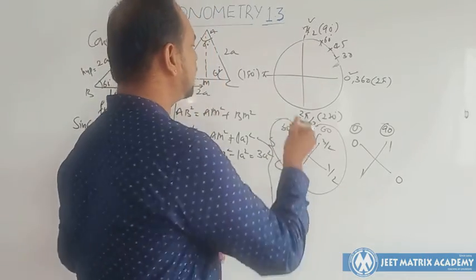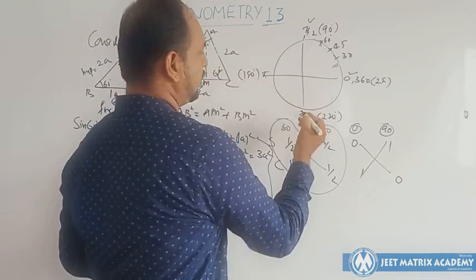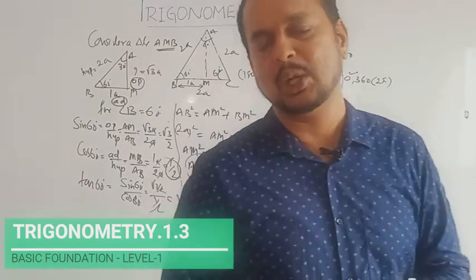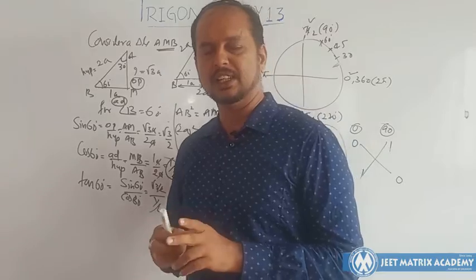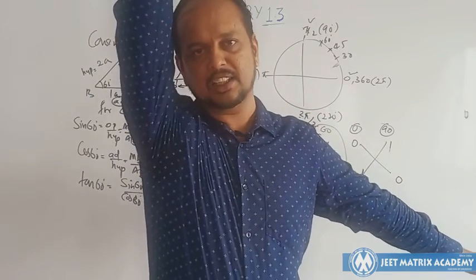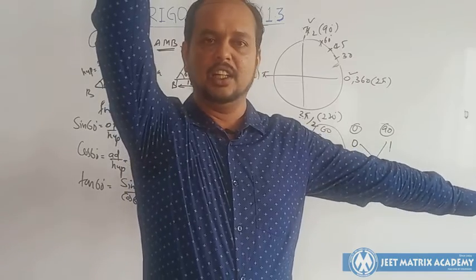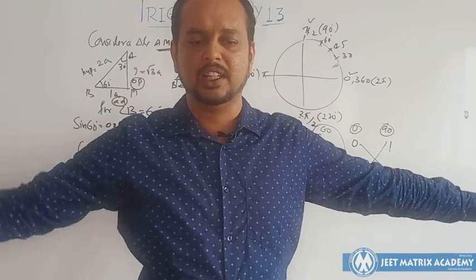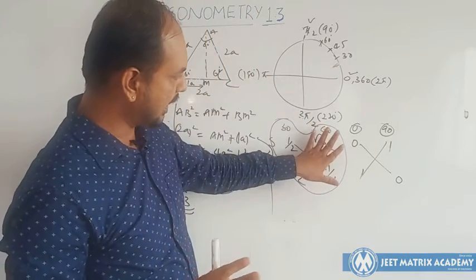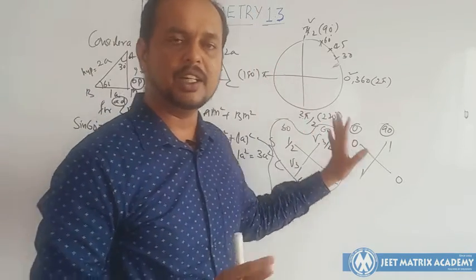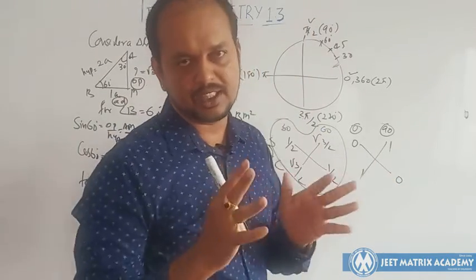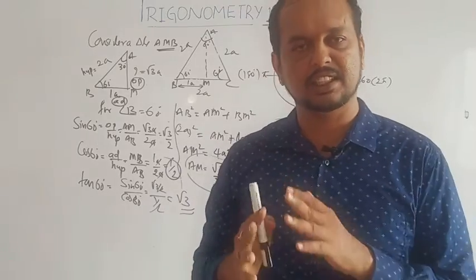So now we'll discuss pi and 3 pi by 2 and the rest of the angles between 0 and 2 pi. And it is very easy. If you consider a circle, this is your 0, this is your 90, then this is your 180, this is your 270. You can interlink like this and remember the rest of the angles, pi and 3 pi by 2. It will be very easy and very interesting. We'll see it in the next session.